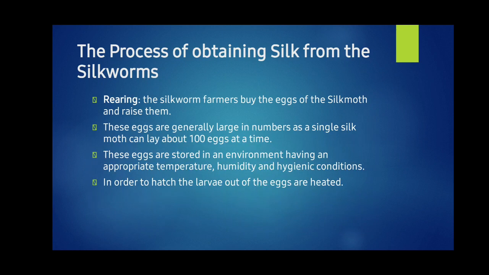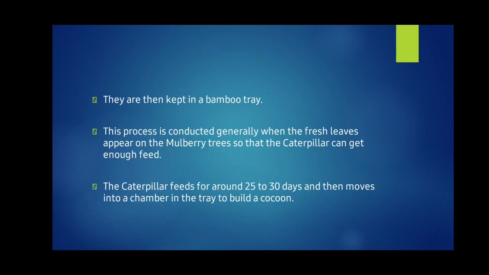In order to hatch the larvae out of the eggs, they are heated. They are then kept in a bamboo tray. This process is conducted generally when the fresh leaves appear on the mulberry trees, so that the caterpillar can get enough feed. Then the caterpillar feeds for around 25 to 30 days and then moves into a chamber in the tray